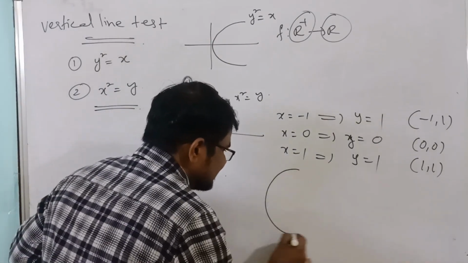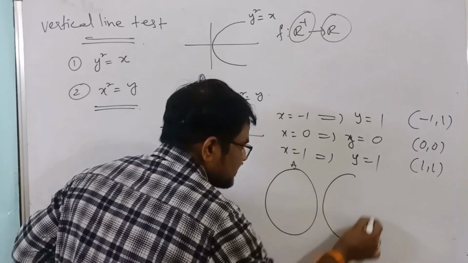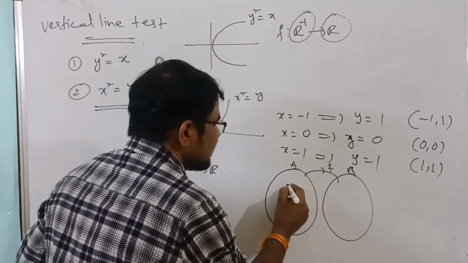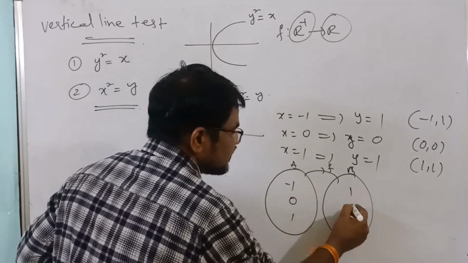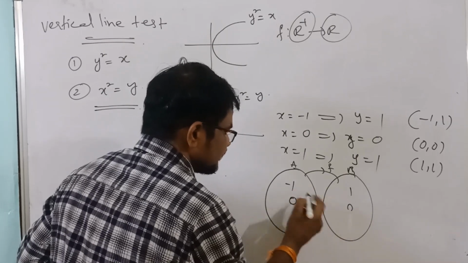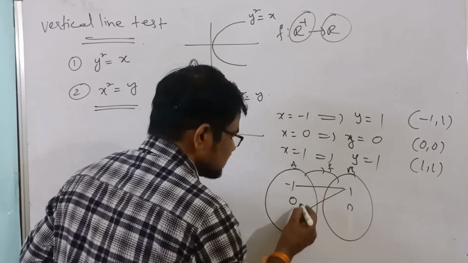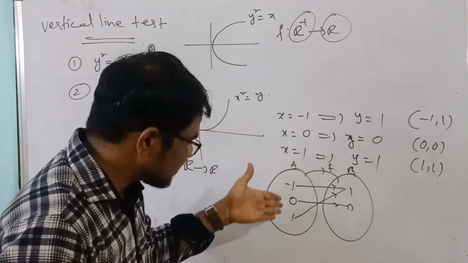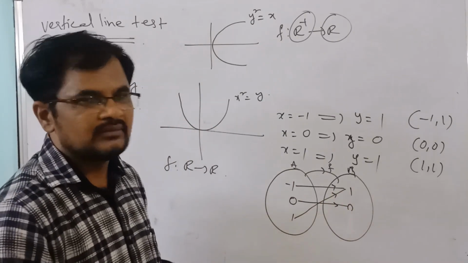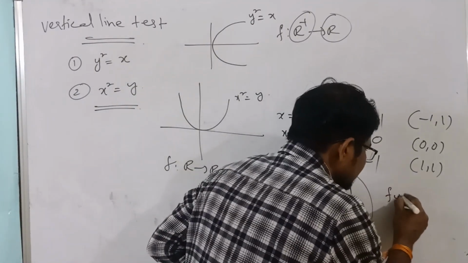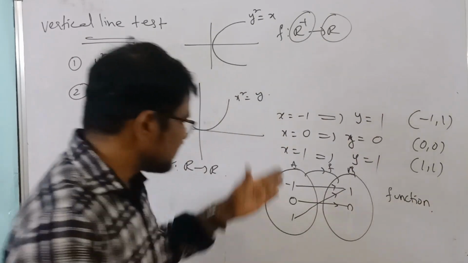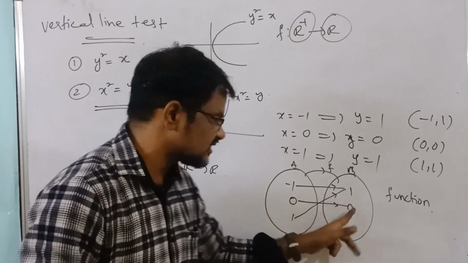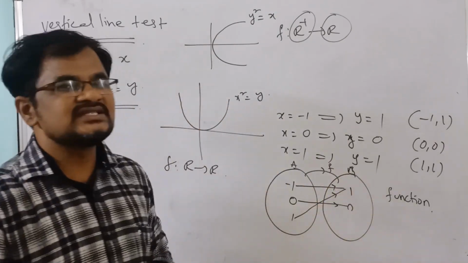Now if you take these elements on this verbal form f, here x values are -1, 0, 1 and 1, 0, 1, means these two like this and this one. Once you observe, is it a function? Yes sir. Every element of A associates to what? B, means clearly it is a function. Every element of A has a unique image. For this one image, for this one also one image, for this one also one image. Clearly it is a function.